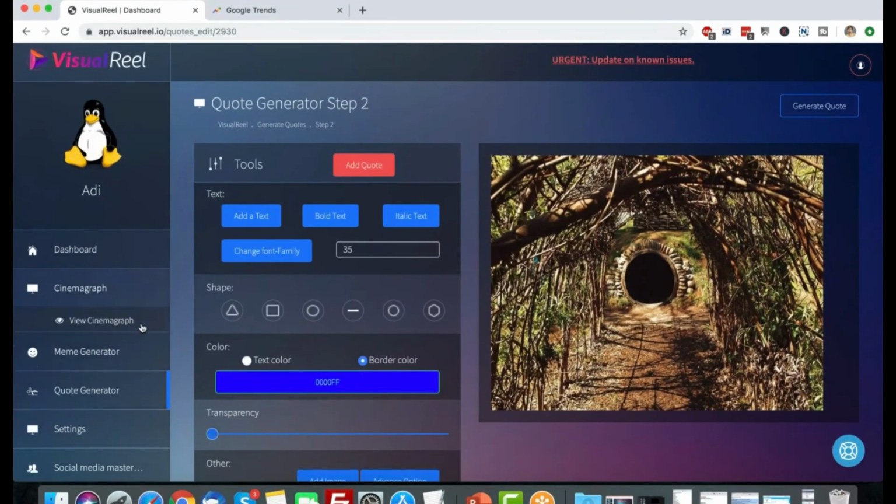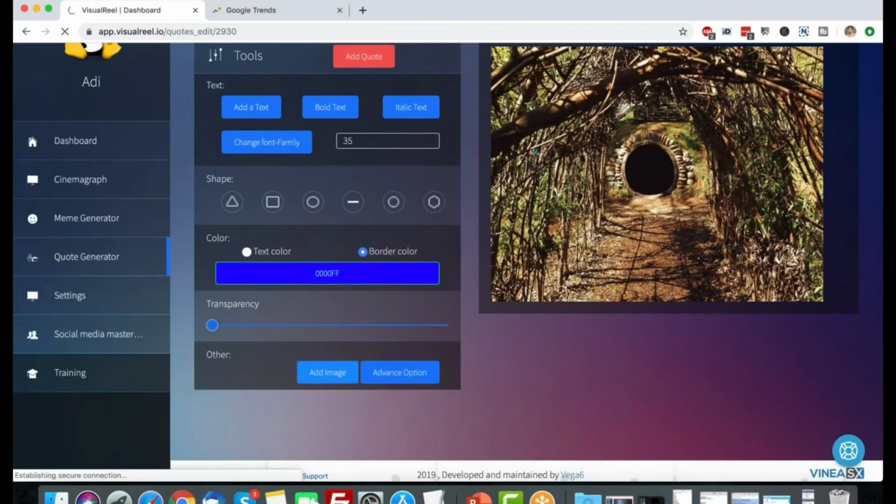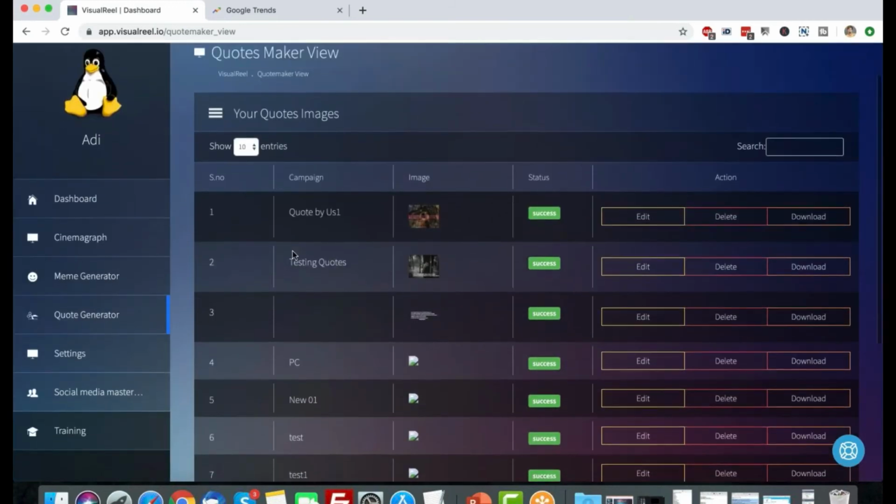Right? So this is how you create all these different code images, code graphics. And again, code images are similar to code videos that you can create in VisualReel. It's just that when you're posting all this content on social media, you should always have a mix and match. You should sometimes post videos, sometimes post code images, and at one time you can just curate all these images into a code video and publish that as well. But that's pretty much it when it comes to creating visual content using VisualReel.